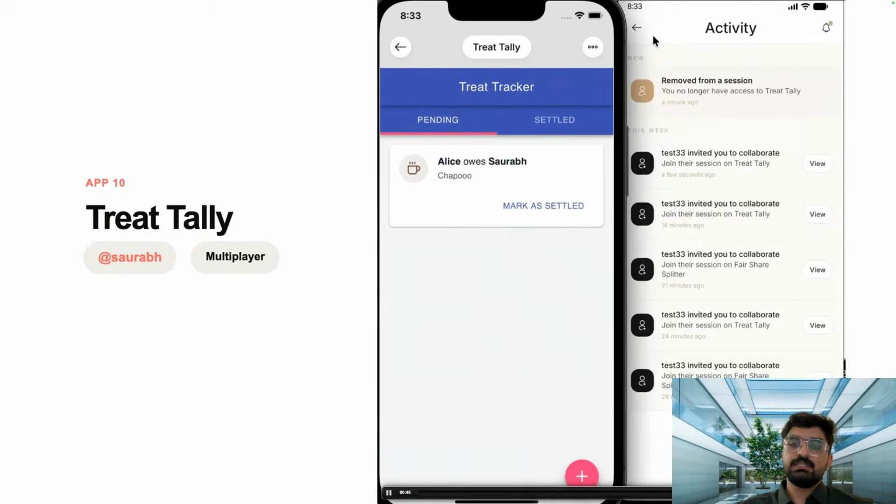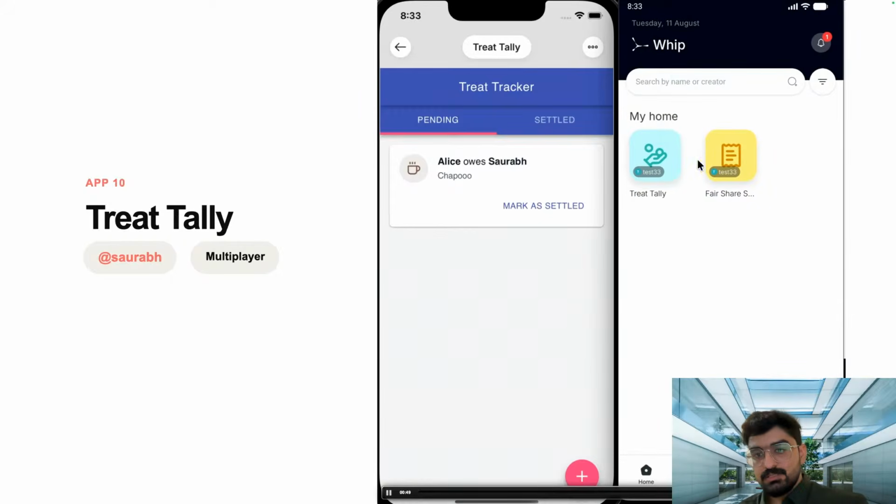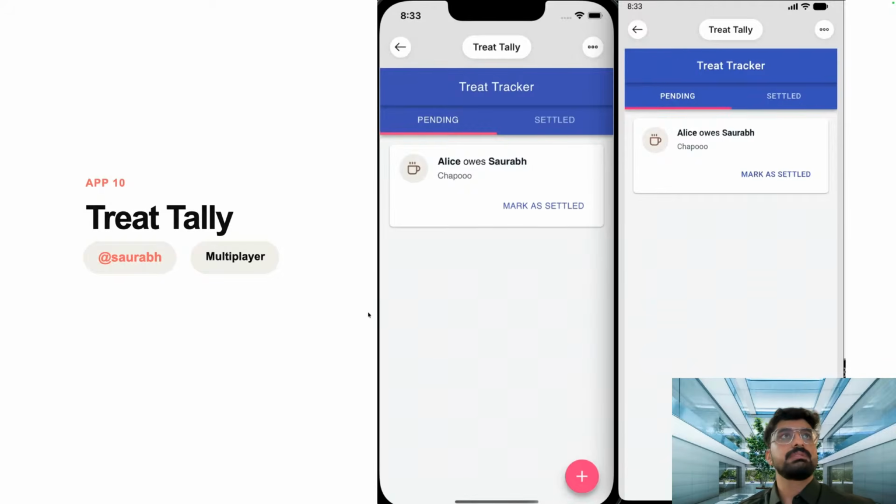So how this works internally is we have app instances. Once you add people to that instance, you would have seen the invite option. Once you invite people, then you can use multiplayer for a lot of kinds of apps. So it could be something like Splitwise, it could be a turn by turn game, right? So here you'll see multiplayer working.